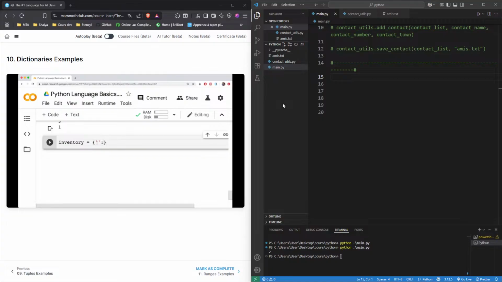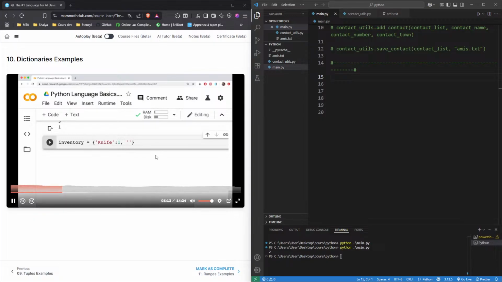So let's just enter some random items. I'm just going to populate with some stuff. So we'll have a knife 1, we'll have